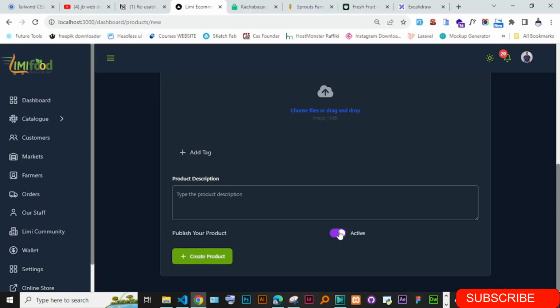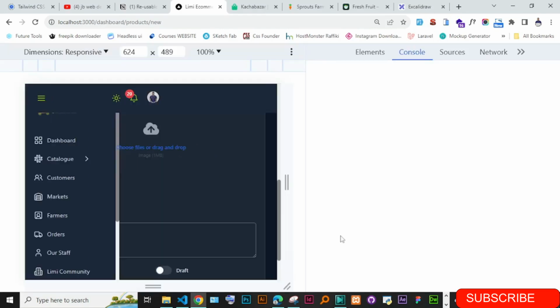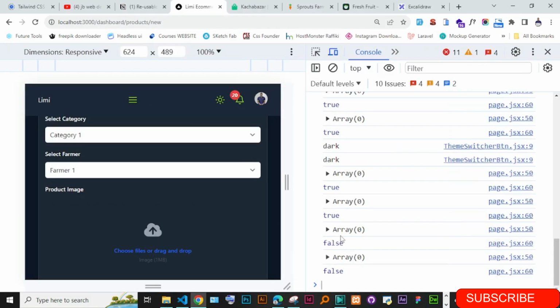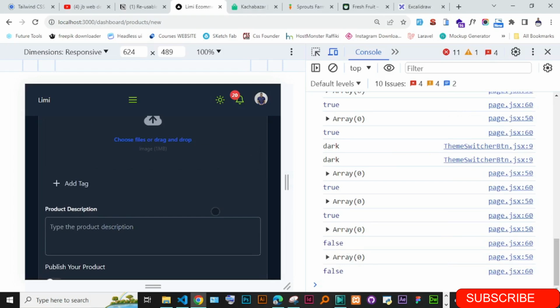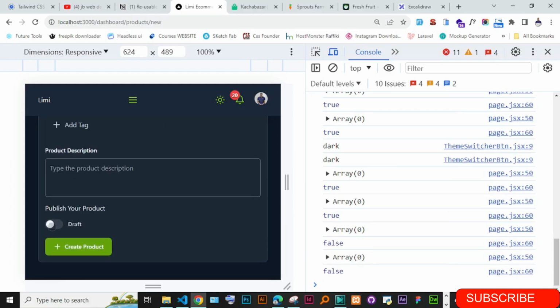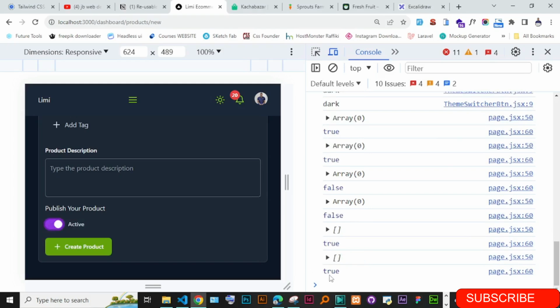Then if it is inactive, you can see here the colors change. Let me first go to the console, and I show you how the value is changing. You can see here we have false. Let's just move down. If you do this, you can see it is active, which is setting it true. So we can have this change here, and then I think by default we can set this to be